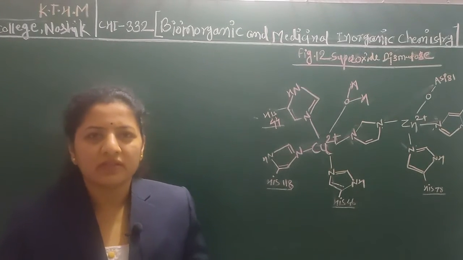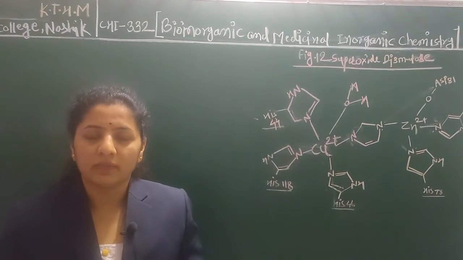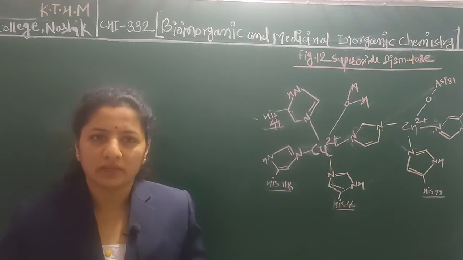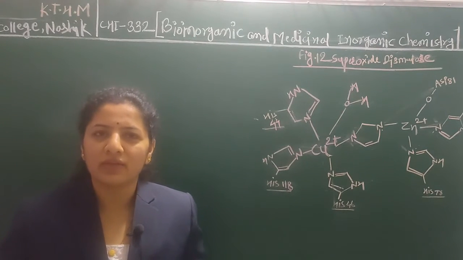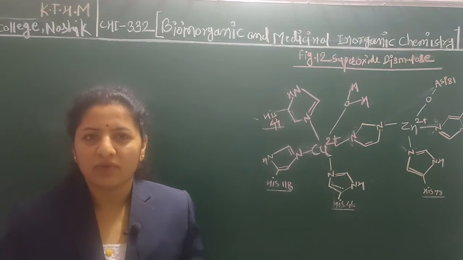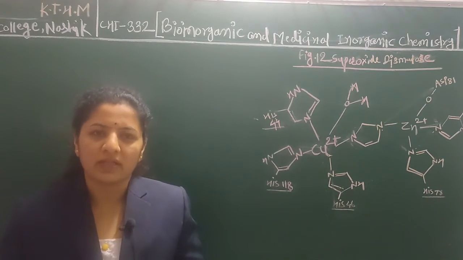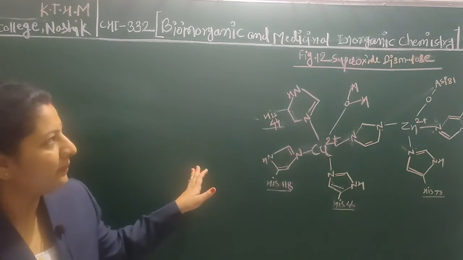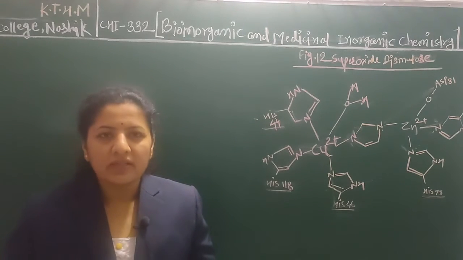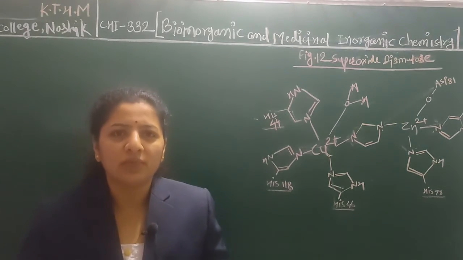In the previous lecture we discussed the metal enzyme of copper, that is galactose oxidase. Now in this lecture we are going to discuss the metal enzyme of copper, that is superoxide dismutase, that is SOD. Superoxide dismutase is an enzyme that catalyzes the disproportionation of